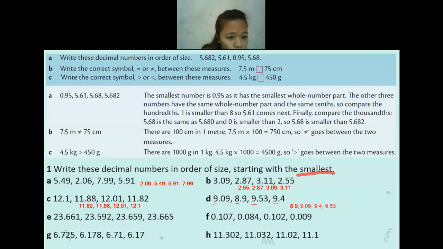Let me talk to Huya now. I want to hear someone who is not turning on the camera. Nara, can you help me with question 1E? Nara, are you still there? Yes. Can you help me to answer question 1E? Which one is the smallest one? Wait, teacher, thinking. Oh, okay.